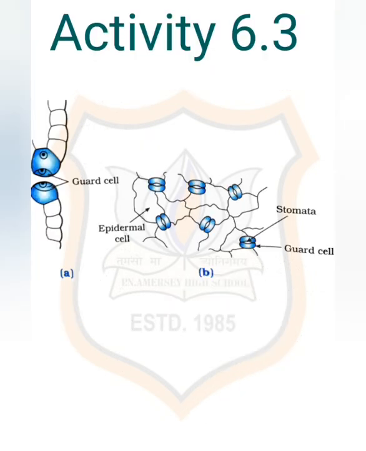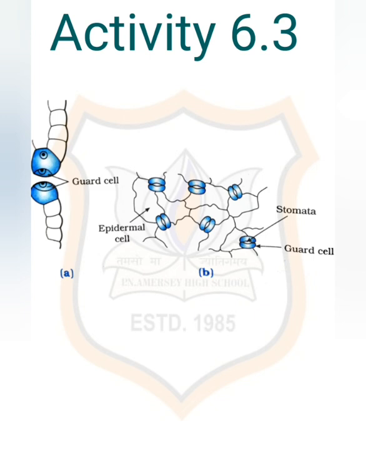Now, activity 6.3. Take a freshly plucked leaf of Rhoeo. Stretch and break it by applying pressure. While breaking it, keep it stretched gently so that some peel or skin projects out from the cut. Now remove this peel and put it in a petri dish filled with water. Add a few drops of safranin solution. Wait for a couple of minutes and then transfer it onto a slide. Gently place a cover slip over it and observe under a microscope.